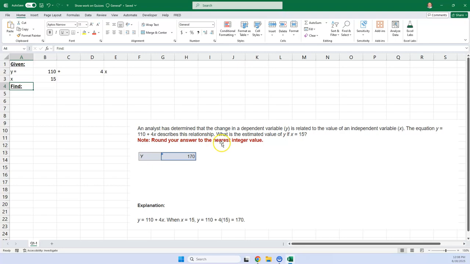So now what do we want to find? We want to find the estimated value of y. So I'll just say y. That's what I want to find, right? So for a solution,